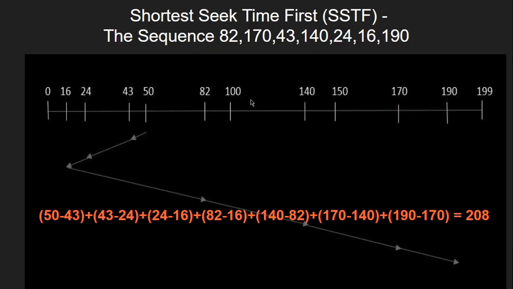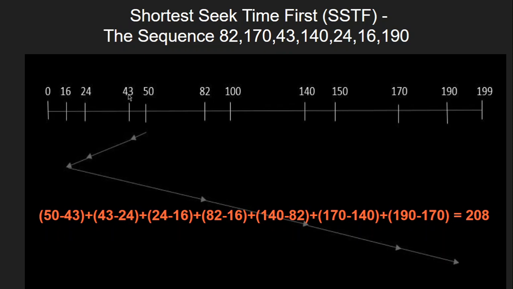Now coming to the second type, which is the shortest seek time first, we have to find out the shortest seek time. So here there is no rule that the head will move either backward or forward. Why? Because it has to find the shortest seek time. From 50 as the head position, we have to find from the given sequence which is the closest to 50. Close to 50 is 43, others are all beyond this value. So 43 is the closest one, and it is in the left position.